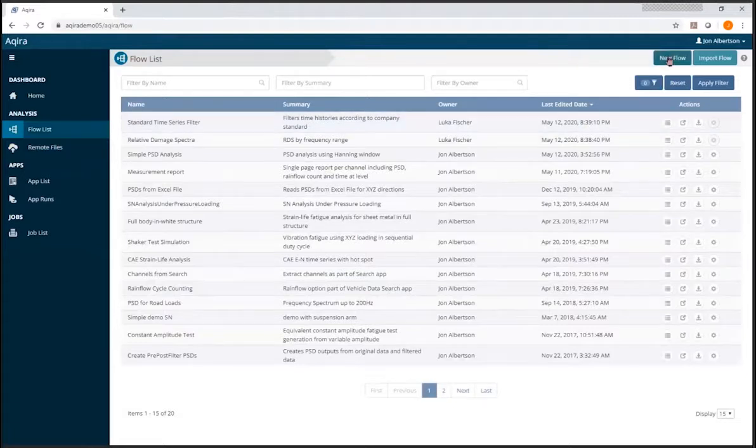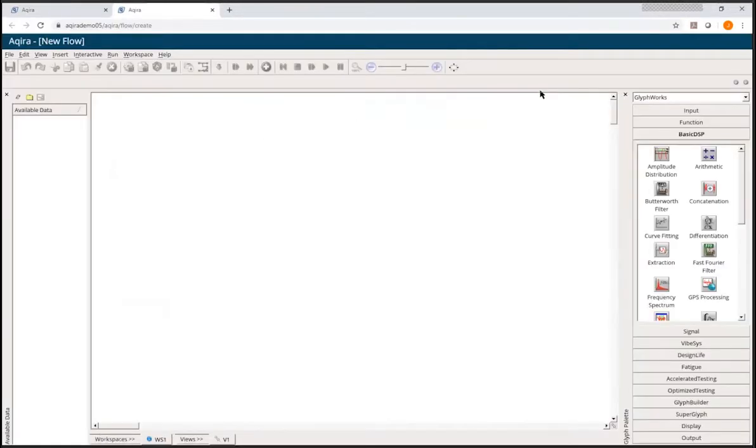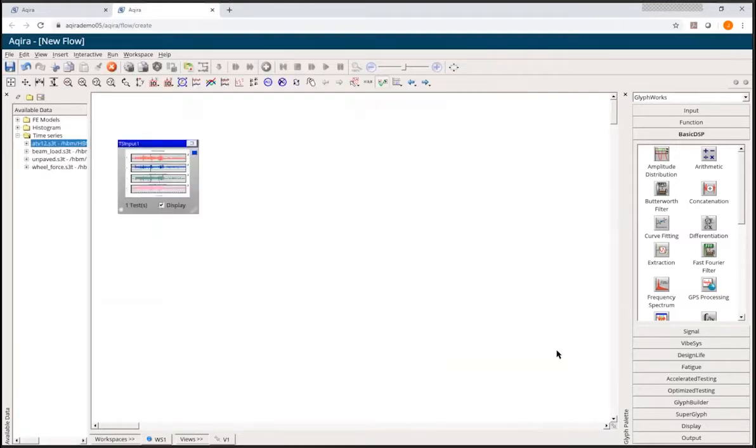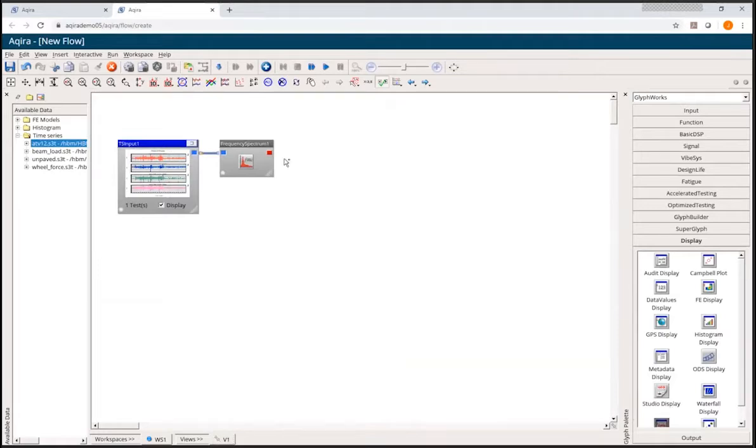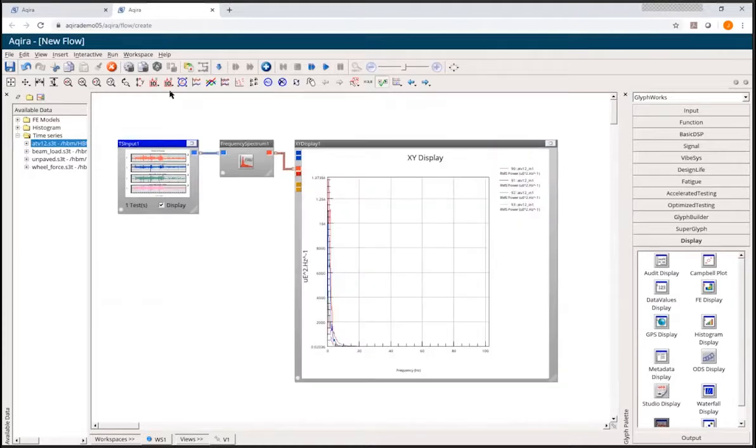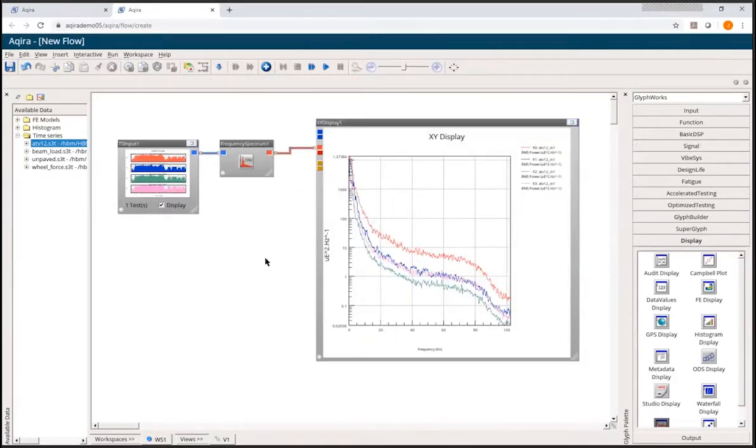I just want to demonstrate that I can also say new flow. It's going to start from a clean sheet of paper, just like you're used to with GlyphWorks or Design Life. And I can then create my own process from scratch. And press play. And there you go. A very, very simple analysis process created interactively, which I can then save back to Aqira and share